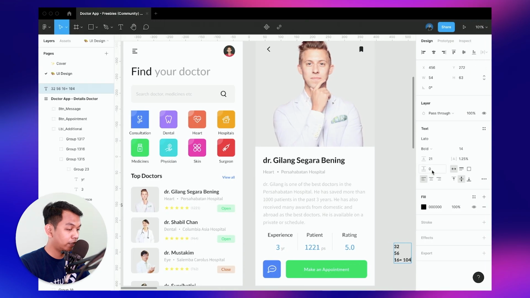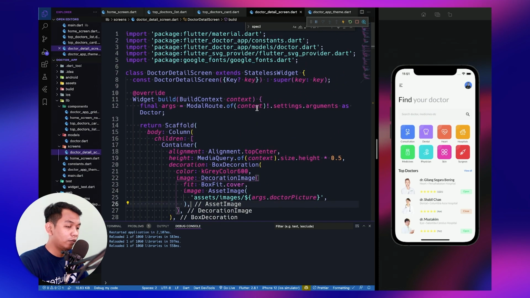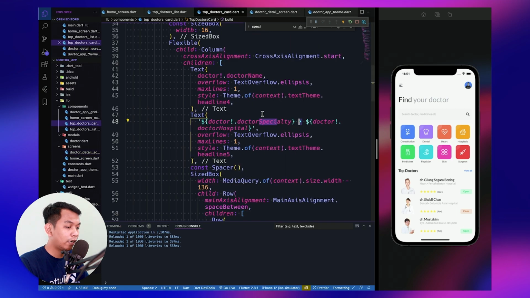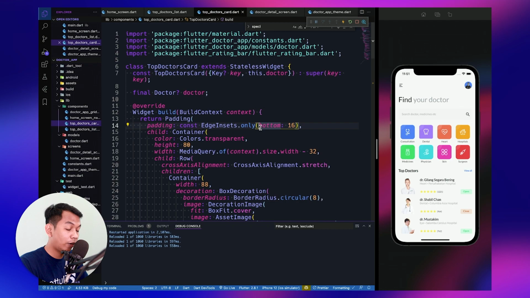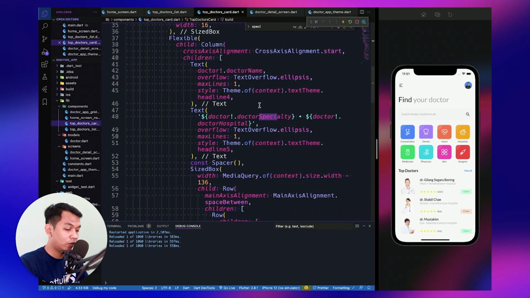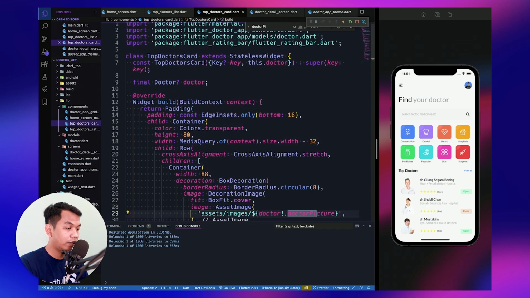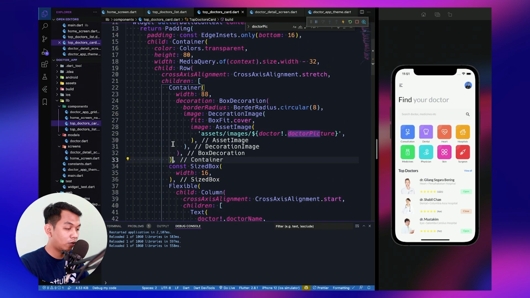Yeah, it will back. Okay, yeah, I think it's similar, but we haven't yet added a hero animation. So what we need to do is we go to our doctor card, and what we want to add hero animation to is a doctor image and doctor name. So we say doctor picture. So here doctor picture is inside our container.